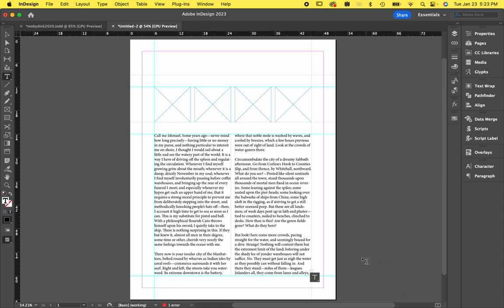I will notice that there's a little red box down here, and what that is indicating is that there's more text than what is visible on the screen. So the text is bleeding outside of this box, but that's okay for right now. We are also going to place our photos, and so we're going to select our photo boxes one at a time, and we're going to go to File